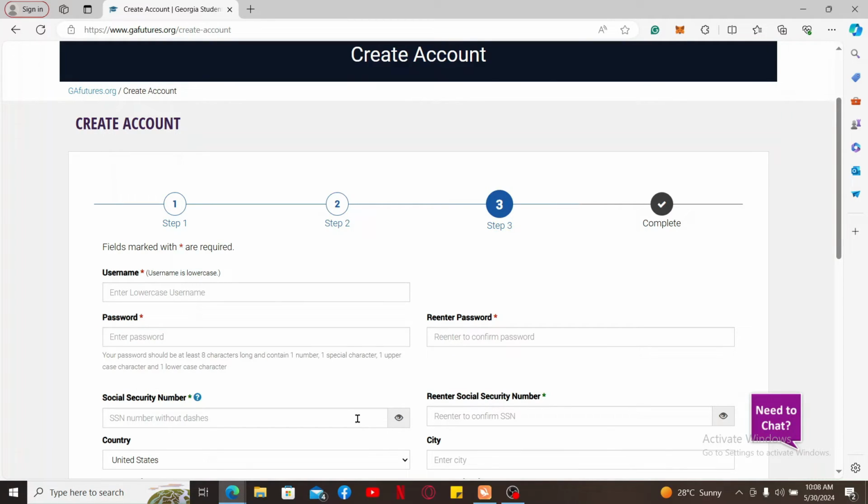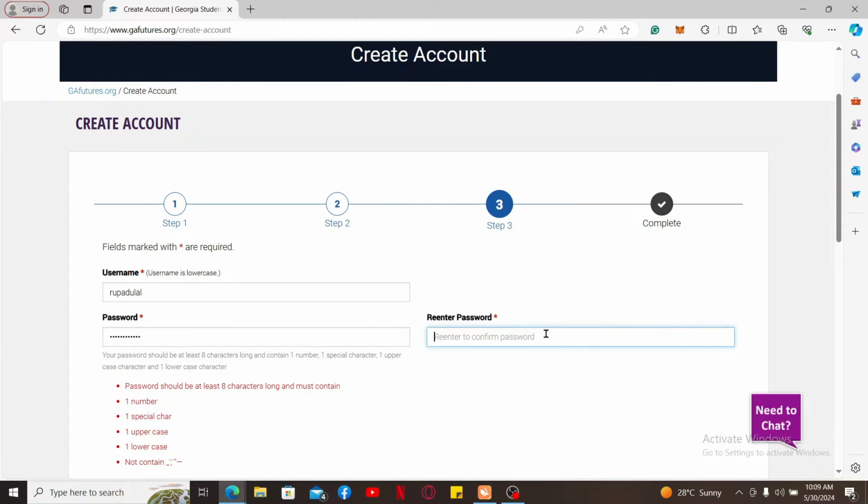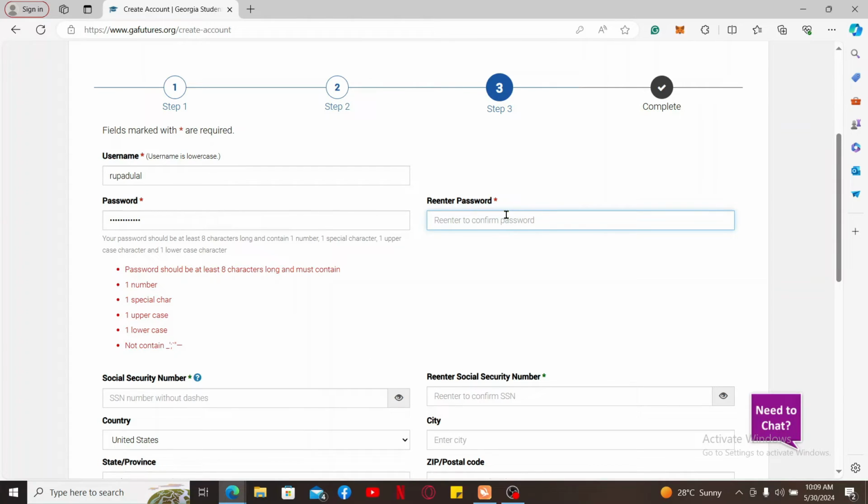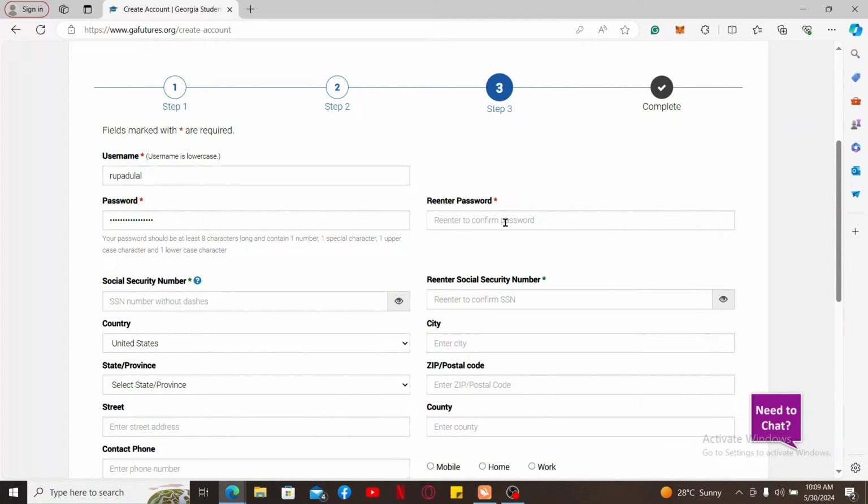On the next step, you will need to create a username and password. Go ahead and select a username and type it down in the text box. Create a password for your account on the next field. Re-enter the password on the next one. Also make sure to include these criteria in your password, otherwise you will not be able to create a strong password for your account. After you type in a strong password, make sure to re-enter it on the next field